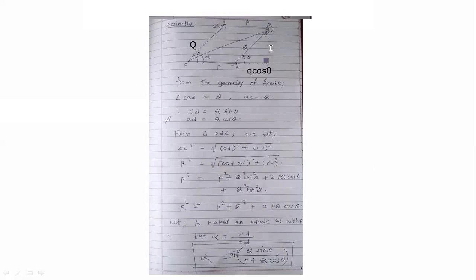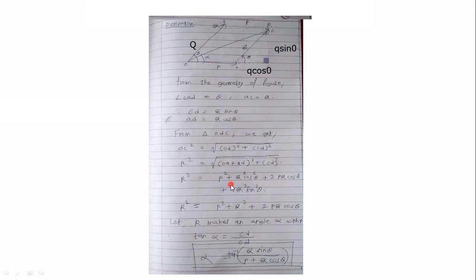And this vertical side will be equal to Q sine of theta. Now you are resolving this force Q here. So this horizontal component will be Q cos theta and the vertical will be Q sine theta. Remember these two expressions, Q cos theta and Q sine theta. For this horizontal distance you use Q cos theta and for this vertical distance you use Q sine theta, and you put these in this equation.